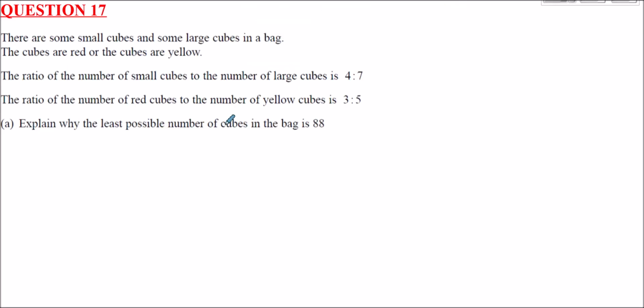Question 17 now. We've got some small cubes and some large cubes in a bag, and some are red and some are yellow. The ratio of small to large is 4:7, and the ratio of red to yellow is 3:5. Part A is a 1-mark question, but it can be quite confusing. Explain why the least possible number of cubes in the bag is 88. I'll explain why, which might take a while, because I'll push for the understanding, but the actual answer is quite simple. So here, I'm going to say, let the total number of cubes